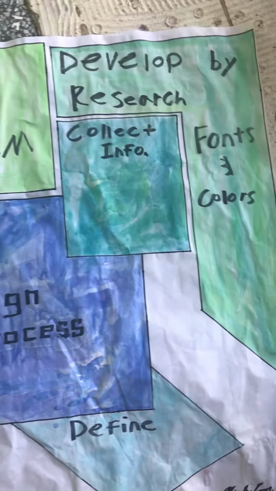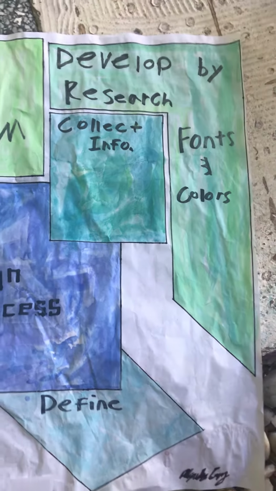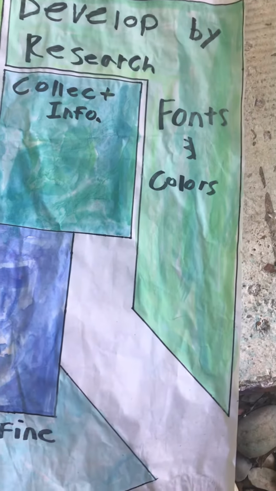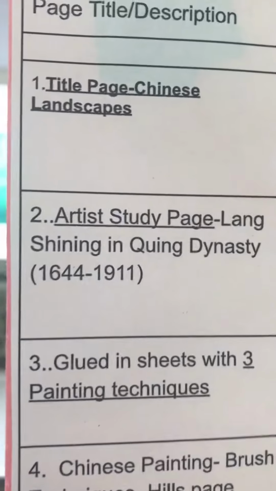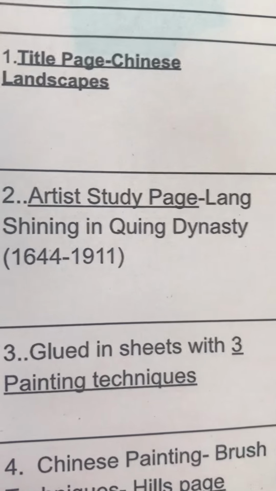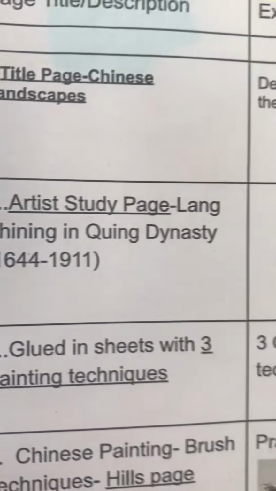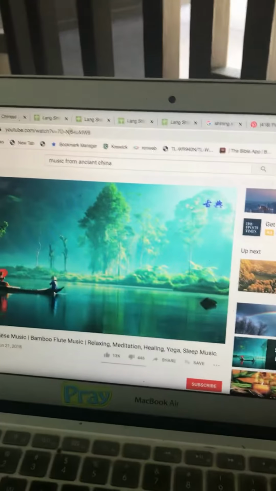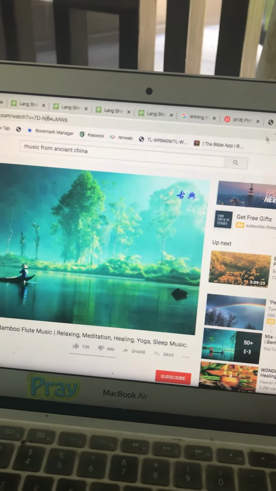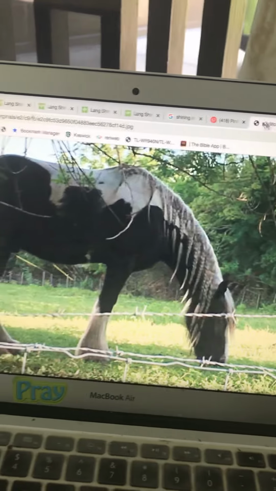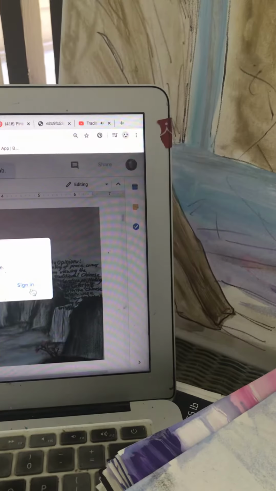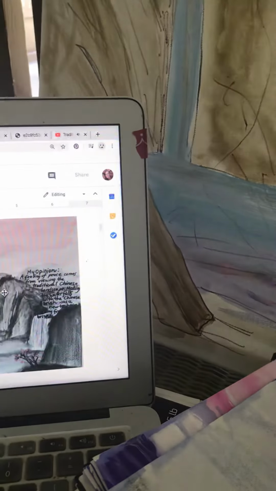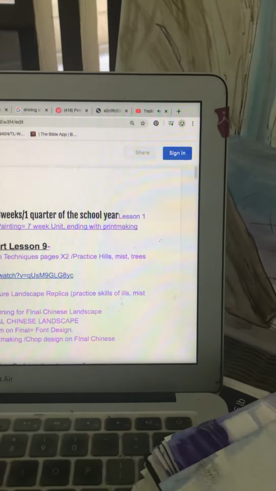We're now going to develop by research, not only on fonts and colors, but now we're collecting information, and our information is, dun dun, this is what to type in. You're going to type in the Lang Shining in Qing Dynasty, 1644 to 1911, to do your artist study page. Instead of just looking at an artist, all right, this is my photography. We're going to look at an ancient China group, a whole group of